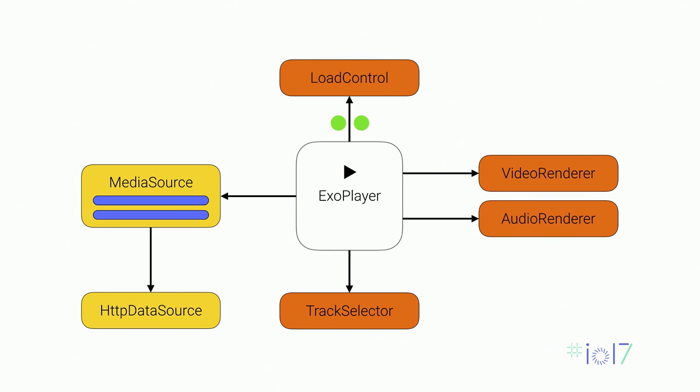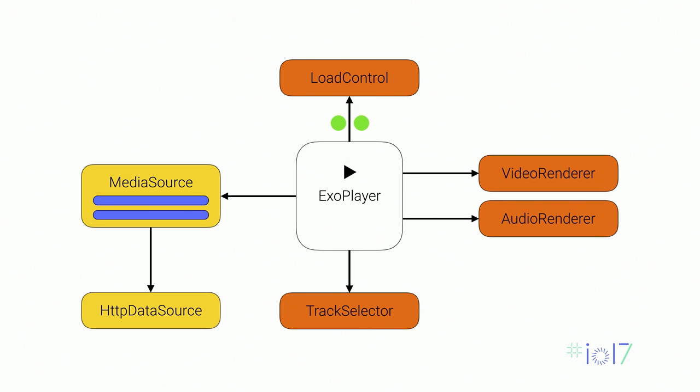Of course, we don't want to buffer arbitrarily far ahead. So the load control may stop buffering at this point. Because playback's continuing, the renderers are still consuming, and therefore, these buffers are draining back down to a lower level. Of course, we don't want the buffers to run out, so the load control might toggle buffering on again. And so you see this pattern emerging of data being pulled through the data source into the media source and